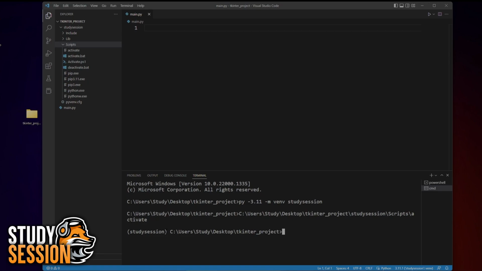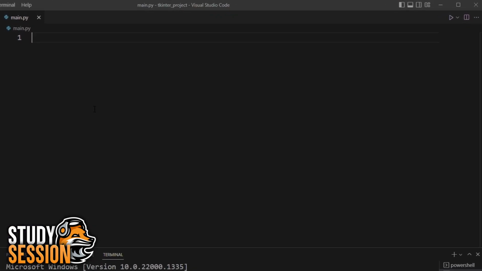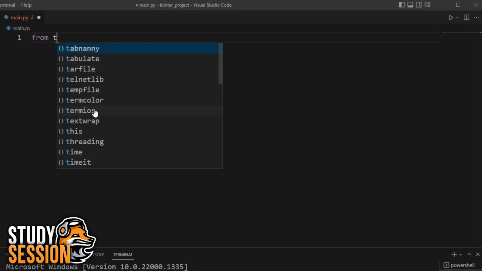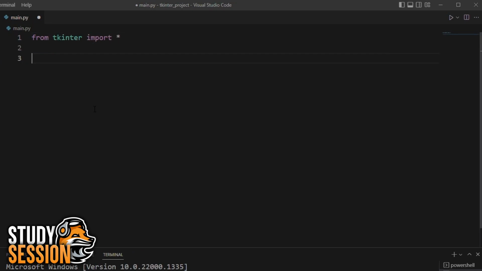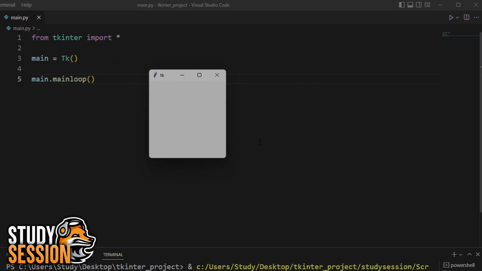Now, Tynker is actually a part of the standard Python library. Therefore, there's nothing we need to do other than import it to our main Python file, which we can do by typing import Tynker. Then, to validate that Tynker is working within our virtual environment, let's type the following bit of sample code that should just create a small pop-up window. And as you can see, it does. Therefore, we have now created an isolated environment where you can begin coding in Tynker through Visual Studio Code on Windows 11.